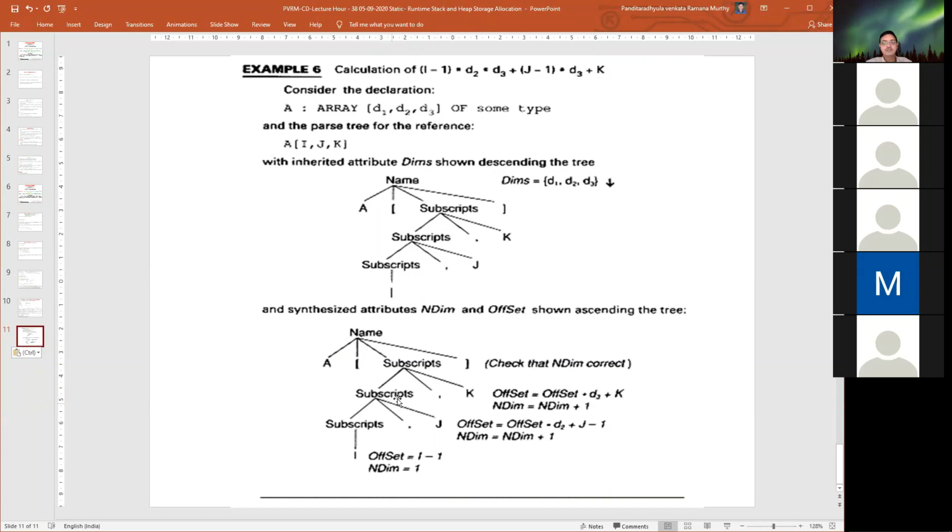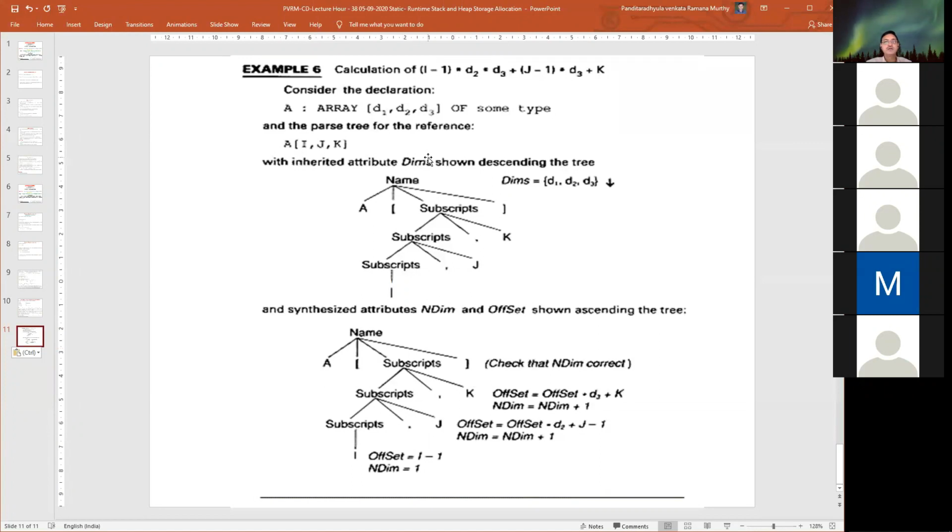So the subscripts can be elaborated this way. For a single dimension, ndim is 1 and offset is I minus 1. Similarly, ndim can be calculated with the help of offset and ndim. All these are synthesized attributes; ndim and offset flow in ascending order in the tree.